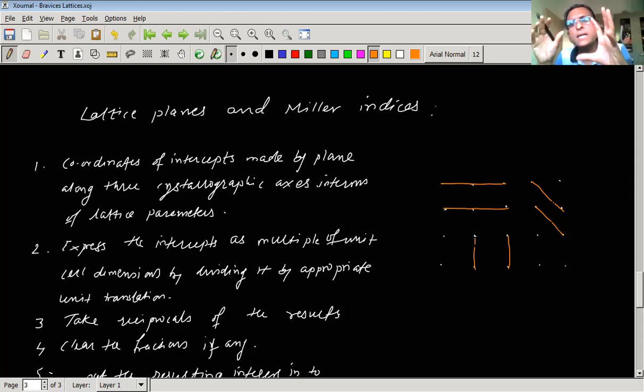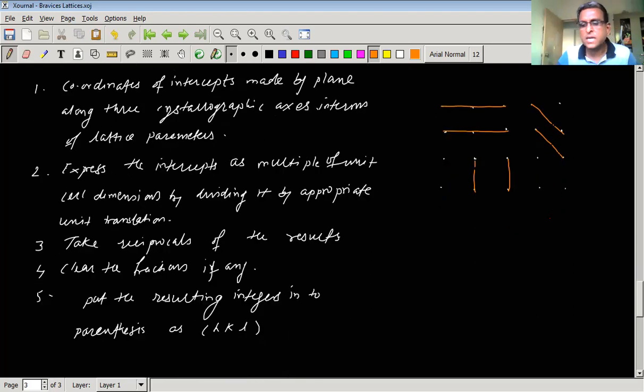So we can imagine any plane in any random fashion, and accordingly it may consist of a different number of lattice points. Also, its orientation may be different with reference to the faces of the lattice. We can say, whether we are considering the cubic lattice or tetragonal lattice or whatever lattice, the planes may be different for those faces.